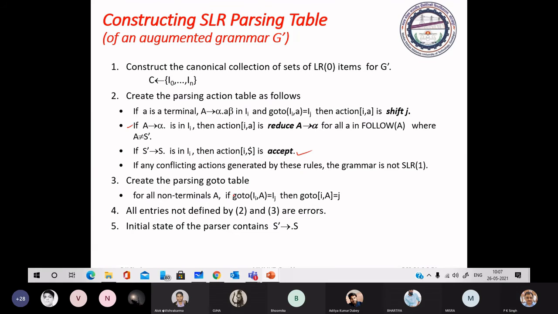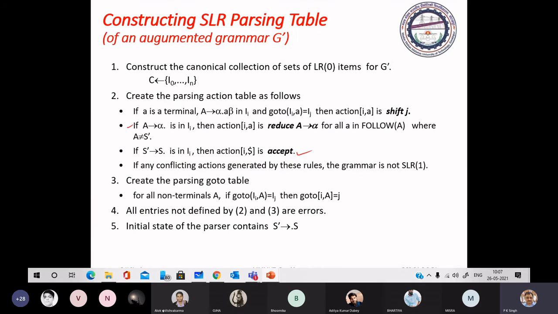So now it is clear how to construct the SLR parsing table. We make entries in the action field. In the action field, you may have any of 4 types of entry: shift entry we have discussed, reduce entry we have discussed, and accept entry we have discussed.